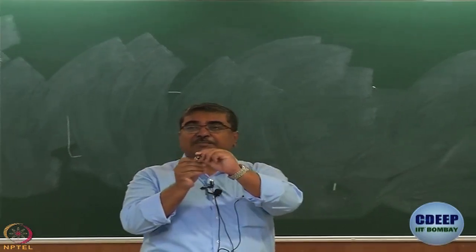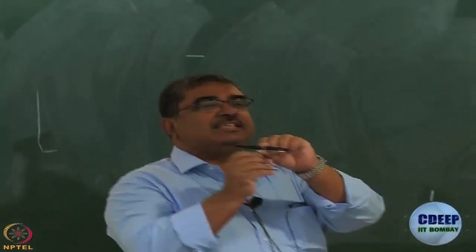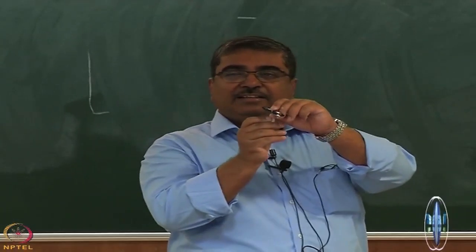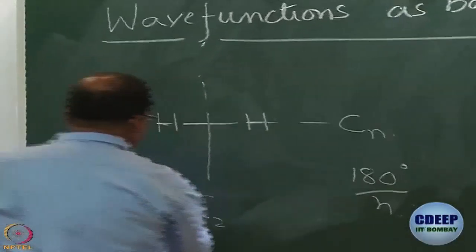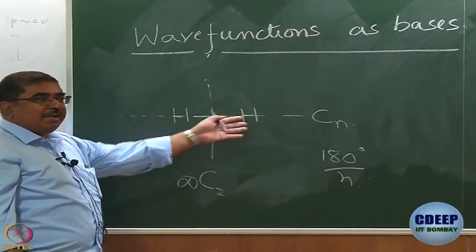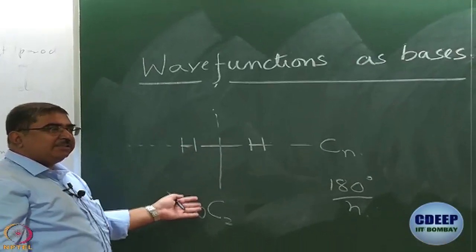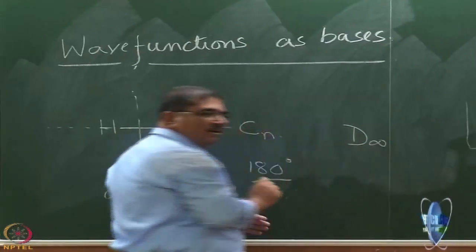How many such C2 axes can I think of? First of all, the C2 axis is perpendicular to the Cn axis, C infinity. How many such C2 axes are there? Infinite. This is a C2, this is a C2, anywhere you can have a C2. So there are actually an infinite number of C2s. What is the name then from these two? n is infinity and you have perpendicular C2s. So the name becomes D infinity already.